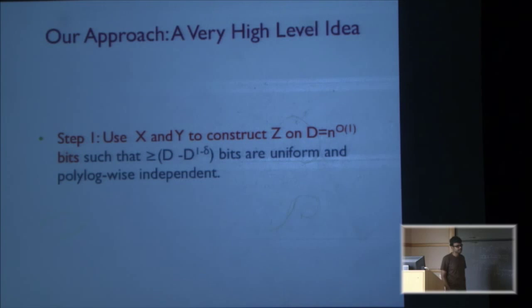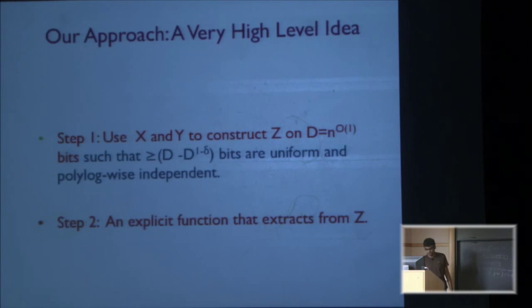So the number of bad bits will be like d to the 0.9. It will not be an epsilon factor; it will be much smaller than an epsilon factor. This is essential. And if we could get that to maybe less than 0.5, then we could directly apply the majority function. But it's possible to show that this is not possible using our technique, at least.